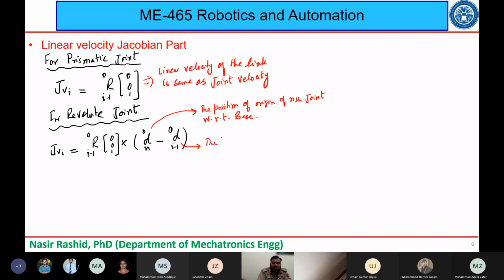दिस इज द पोजीशन ऑफ ओरिजिन ऑफ द जॉइंट which is under consideration, यानी कि पहला जॉइंट है, दूसरा है, तीसरा है, which is under consideration with respect to base।